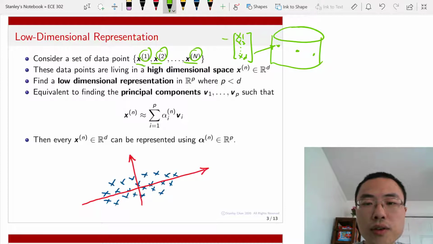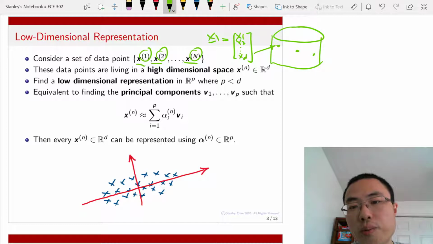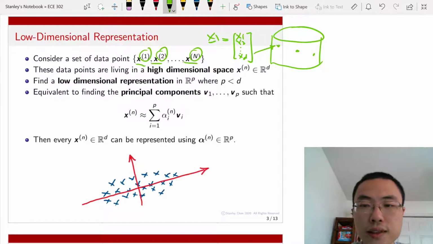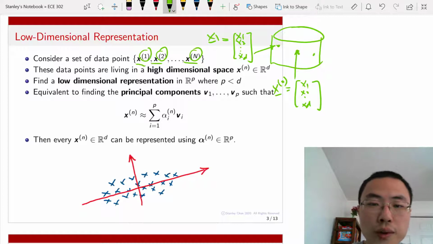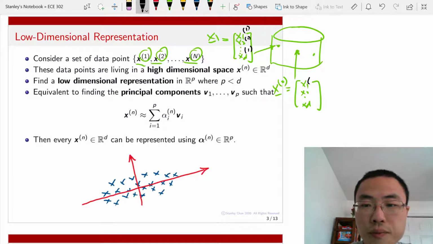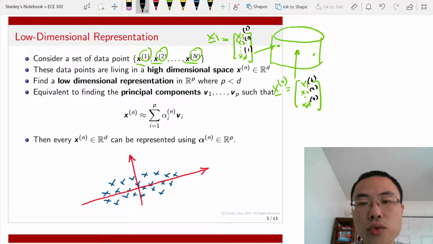I call this x with a bar over it, and this is the first data point inside this data set. And then this is another data point, x_1, x_2, x_d, okay? This is the second data point, x^2. So in order to make sure that they're different, of course I put a 1 over here, and then this is a 2. So this 1 and 2 denote the data points, and then the subscripts denote the elements of